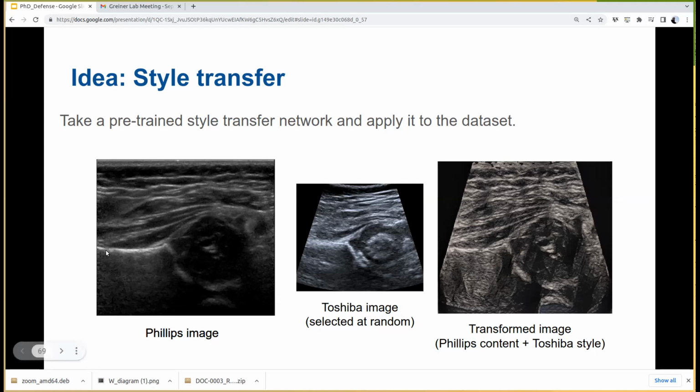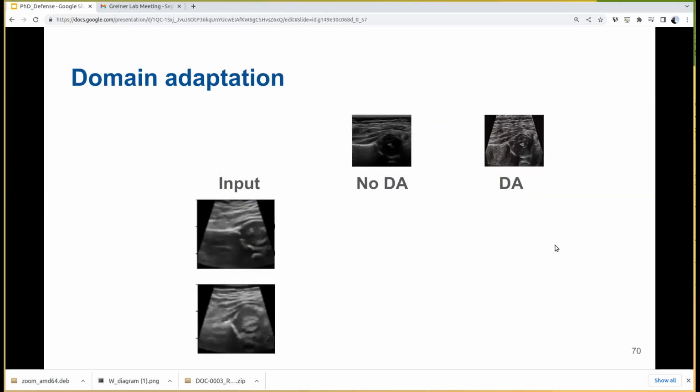The structural information of the bones is very similar. For example, look at this part over here that is actually here. Then this bone in here in the middle is also in this part. So the content is basically the same, the style is different. And there are ways to formalize this notion. I am not going to go over them in here because it's a lengthy discussion. There is a formal way of treating that.